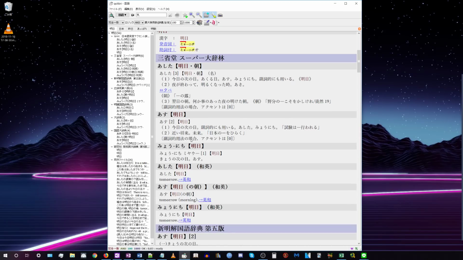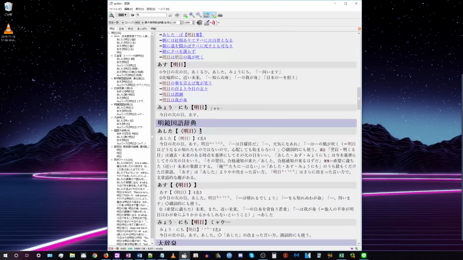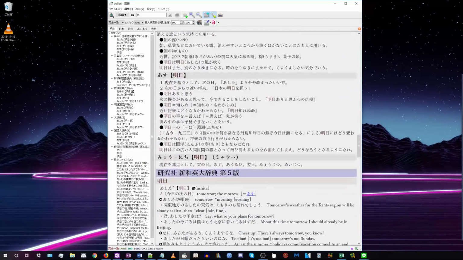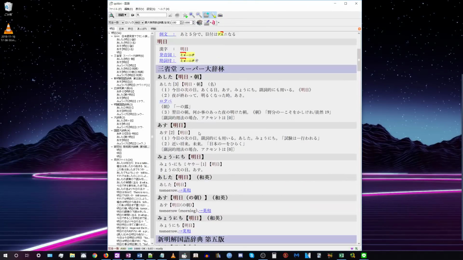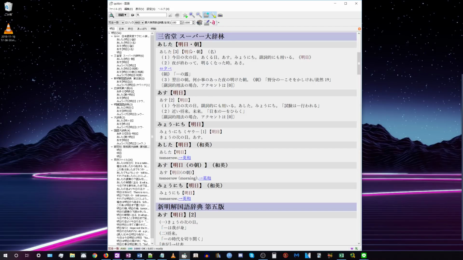So basically, as you can see right here, and I'm guessing you have the same setup on your computer, there are many different dictionaries that you have access to with these Epwings, and each dictionary has its own system of notation. I can't tell you exactly, it would take a while and I would have to do some research to find out what all the notation means for each separate dictionary.